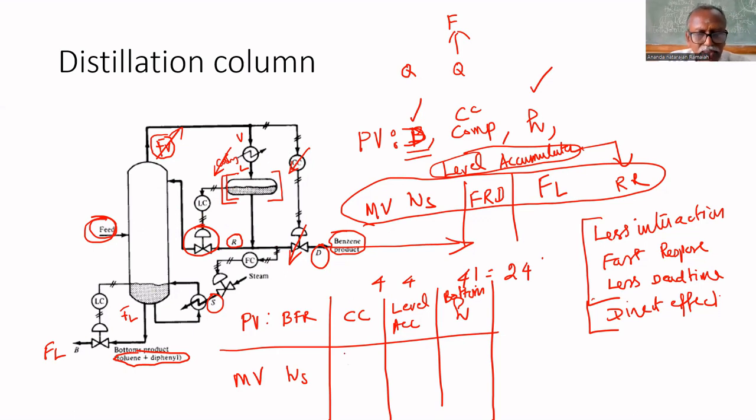Composition control is done by benzene flow rate, level in the accumulator is controlled by reflux ratio, and bottom level is controlled by liquid flow rate. So these are the four best combinations out of 24. How did we get all these? By considering less interaction, fast response, less dead time, and direct effect. By considering all these four factors, we chose these four manipulated variables. The next,